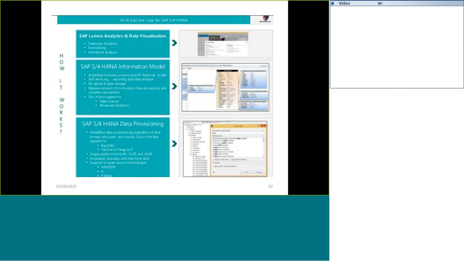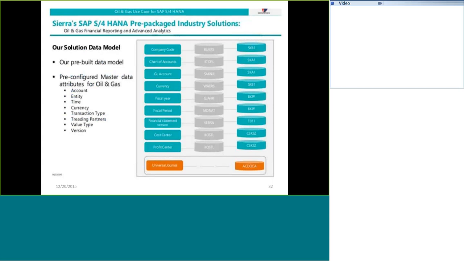These are the various conditions which you use. So in real time, ABAP will design these applications. And our solution platform has accounting entity, time and currency, transaction type, trading partner, value type, and version.